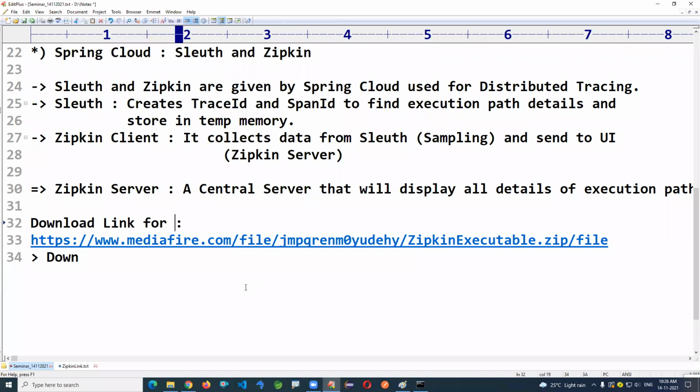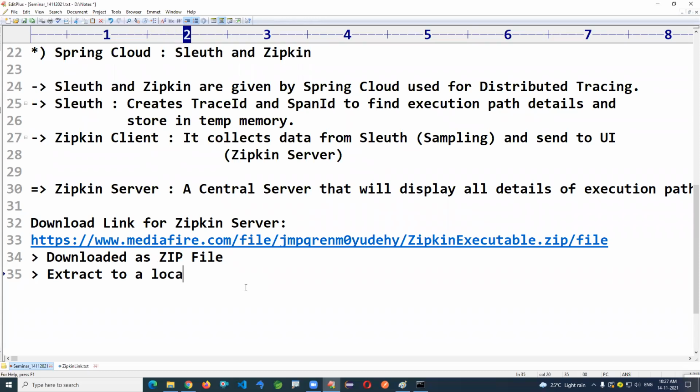Download link for Zipkin server is here. Download it as a zip file. You need to extract it to a location. Once it is done, run the command java -jar.